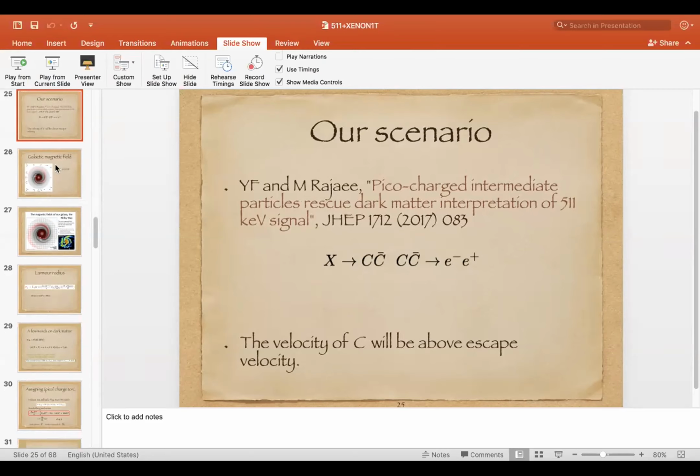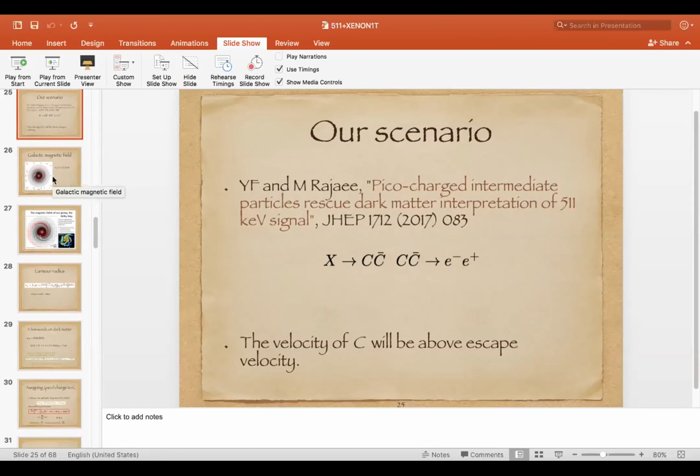Notice that the C particles at production will be relativistic and will have velocities much greater than the escape velocity. But thanks to their very tiny electric charge and the magnetic field in the galaxy,